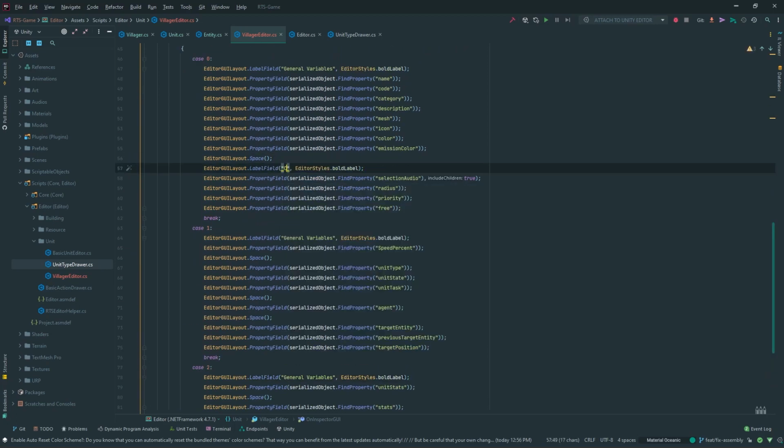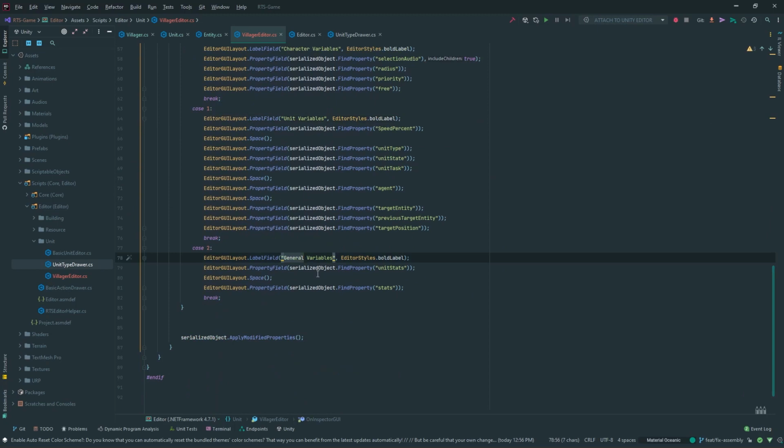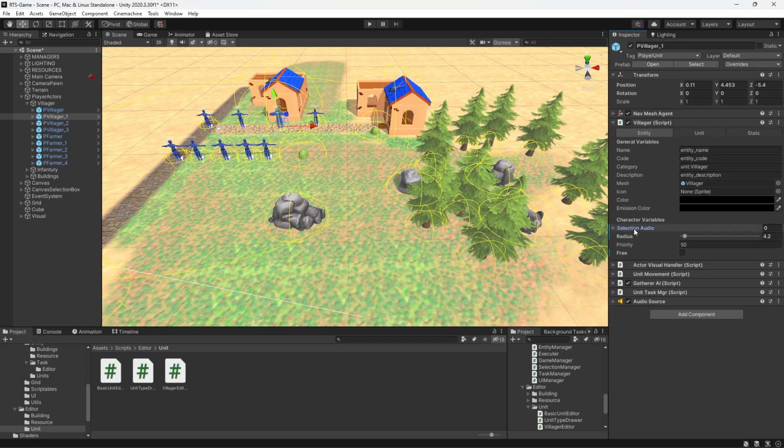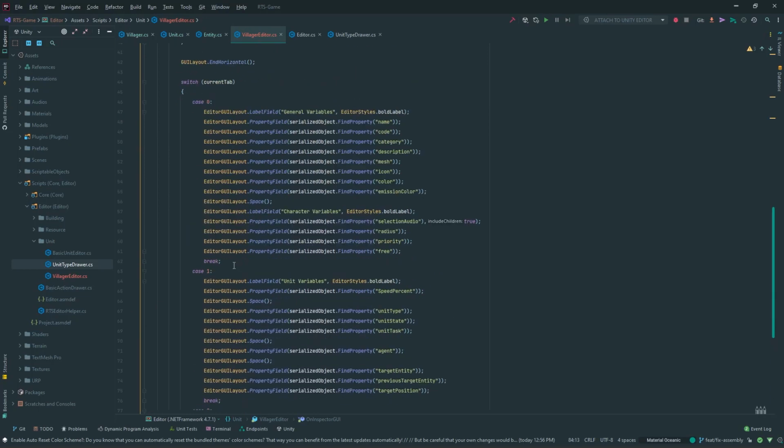Character variables, and then we can say unit variables, and here stats variables. So yeah, that's it. You can see the labels here. Everything is done, but one thing I have to include in here is that the character variables is just